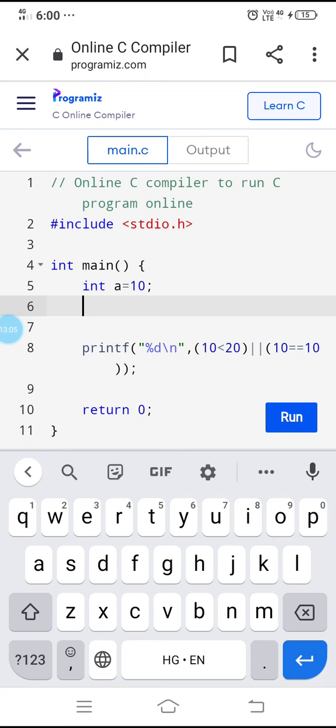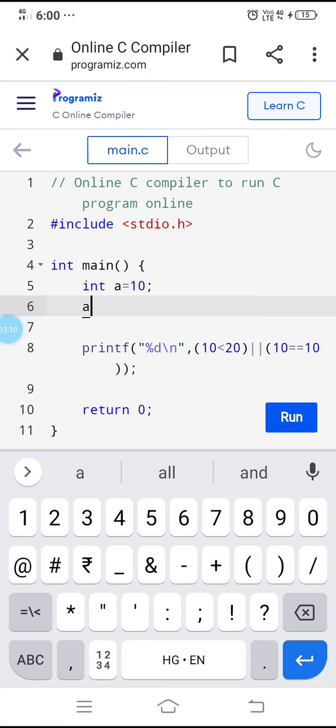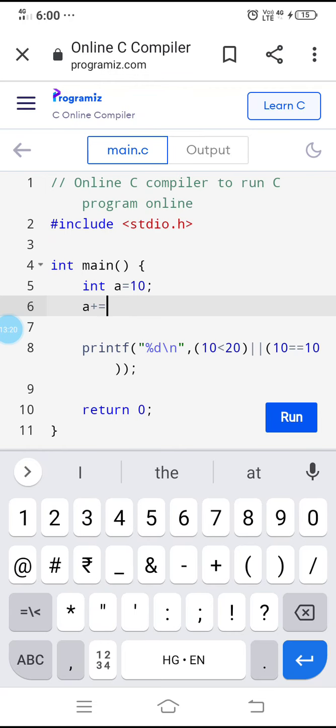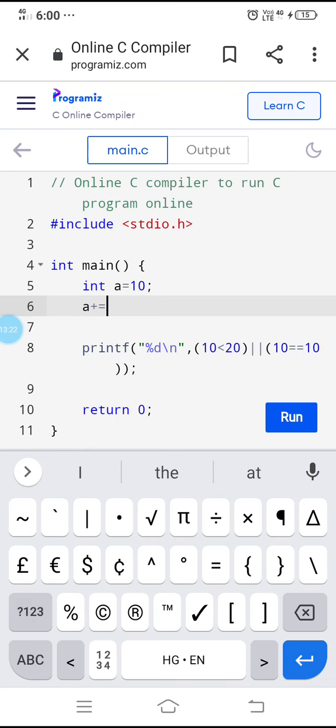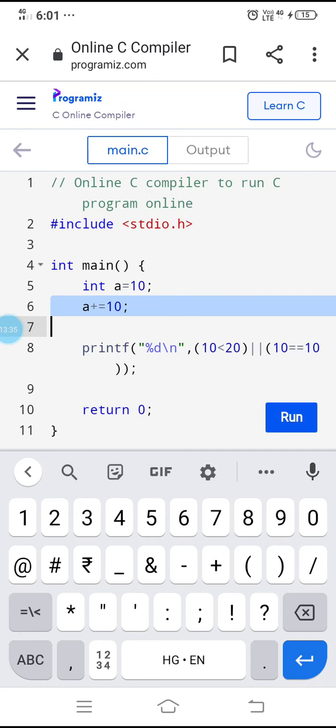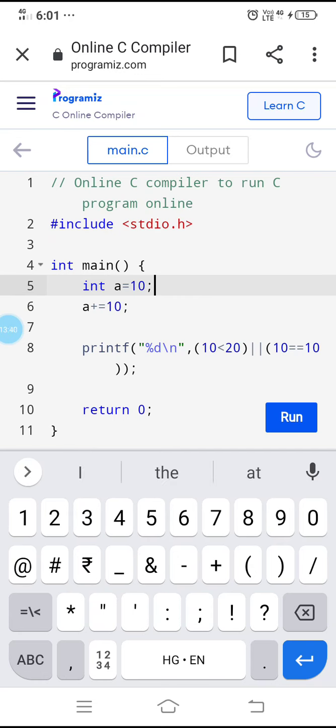There are many other assignment operators also. The additional assignment operators, that is plus equal to, minus equal to. How to do that we will discuss. Only a simple example like a plus equal to. The other one is minus equal to, and the other one is star equal to. Like that you can write. So a plus equal to 10. What is the meaning of it? a is initially how much? 10. a plus equal to 10 means a is incremented by 10. Now what is the new value of a? 20.